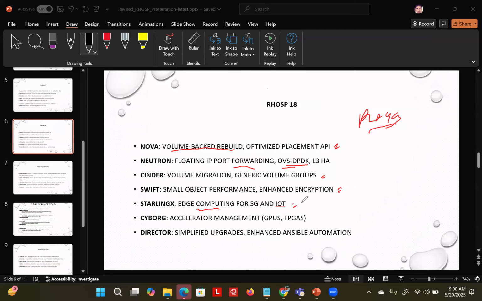Cyborg, which is accelerating the GPUs and FPGAs, enabling AI workloads, which is very much important nowadays. So everyone is on AI right now. And Director again, it's a simplified upgrade, enhancing the automation part we have. So RHOSP is ideal for edge applications like 5G and telco or IoT. If you are working in healthcare or in banking, it's again very good if you want to work on this in-house cloud. Okay, talk about the next slide,